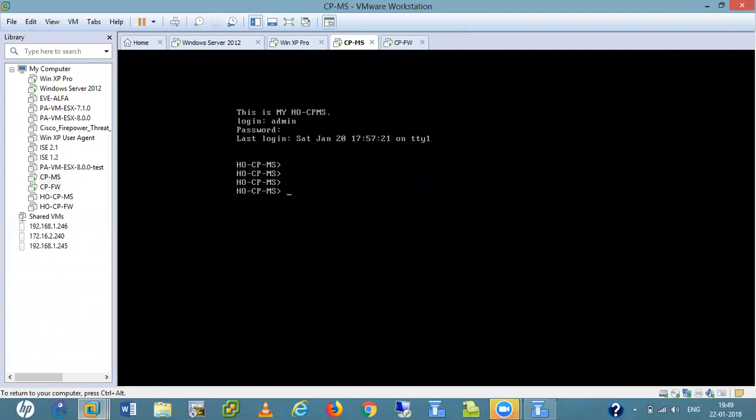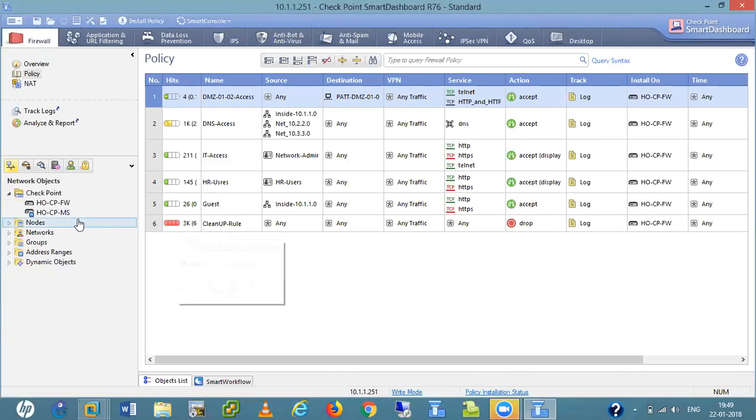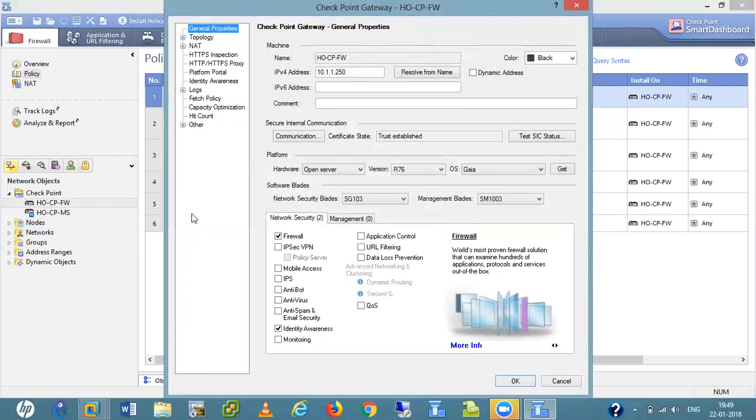So these are the steps. First step, we are in the firewall tab here. In network objects there is a Checkpoint, and this is our firewall. I just added this firewall here.